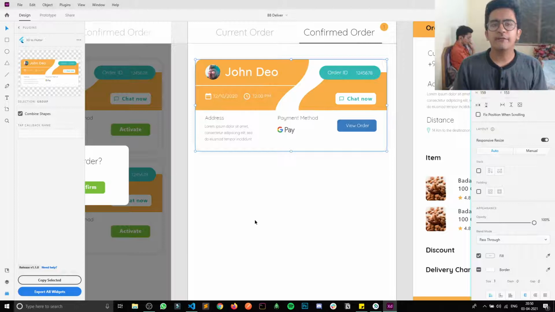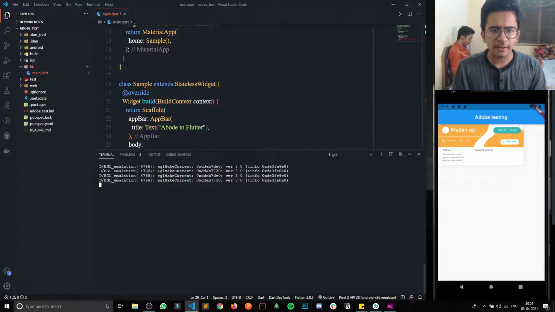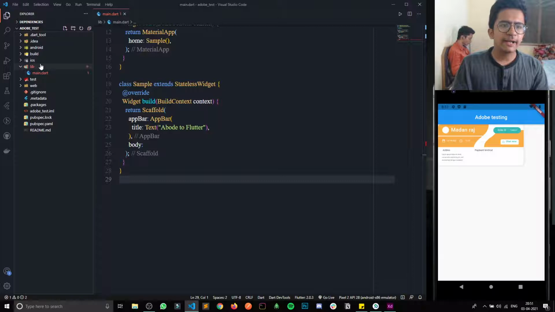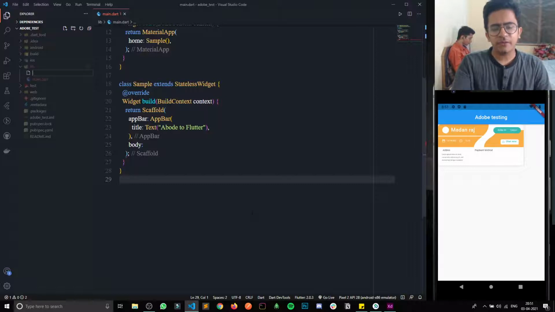First you have to create a Flutter project, a basic one, and we need three specific things: a Flutter project and two packages. Here you click copy selected, and I will minimize this. This is my Flutter project, and I believe it's already running. Here I can create a new file, which we can call card.dart, a card widget.